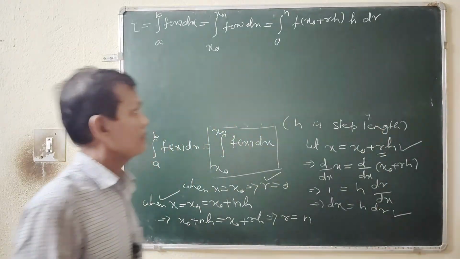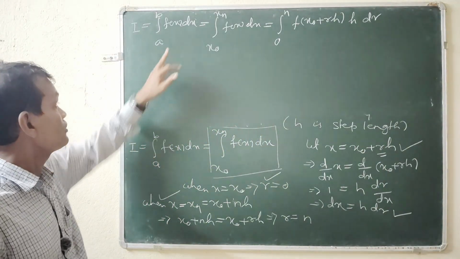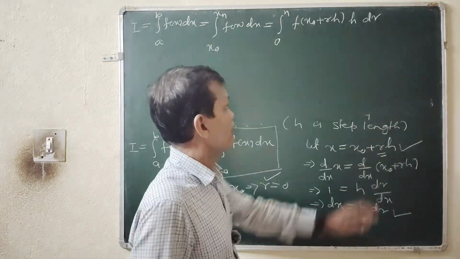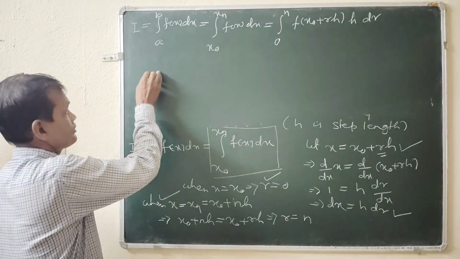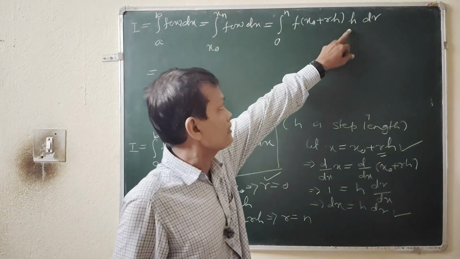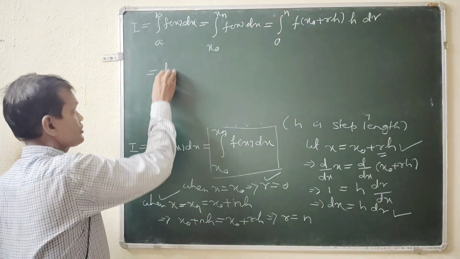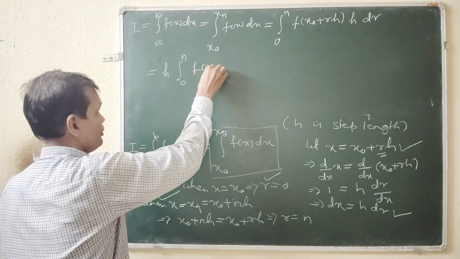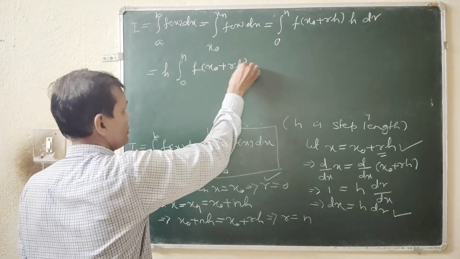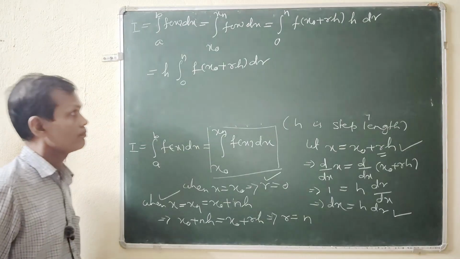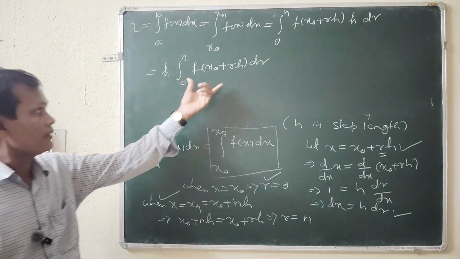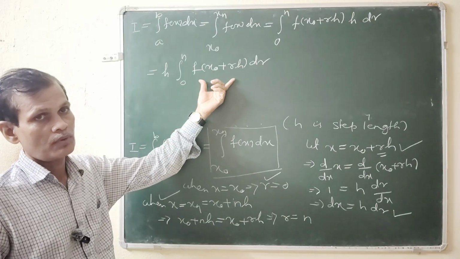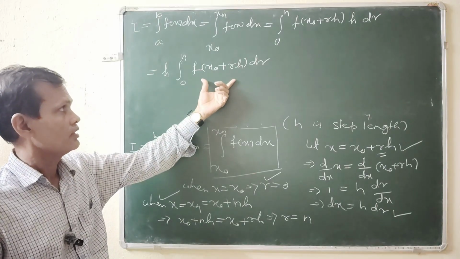That means we are changing the equations from x to r, where r is the variable. So that can be rewritten as h, which is constant because h is the step length, integration 0 to n f of x0 plus rh into dr. Okay, and this f of x0 plus rh we can expand as per the Newton's forward interpolation formula,